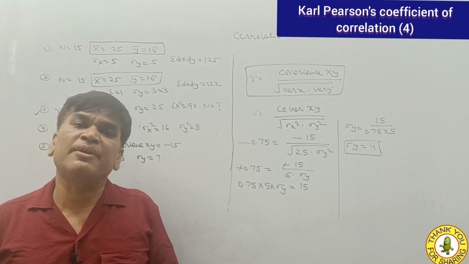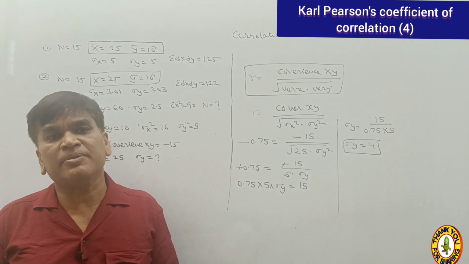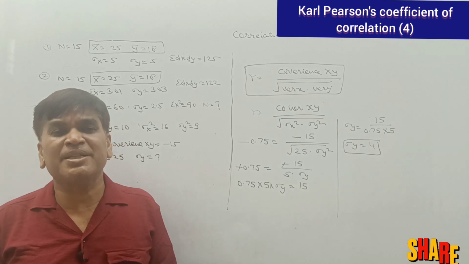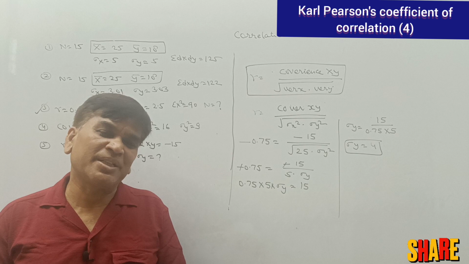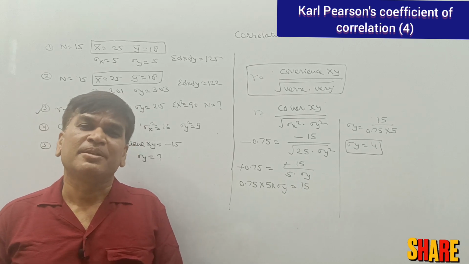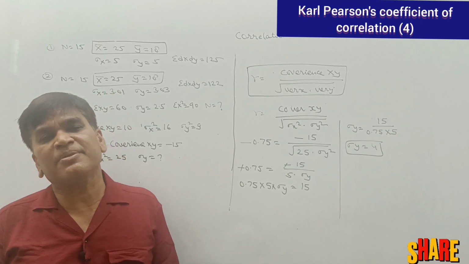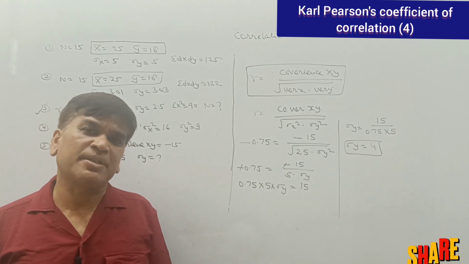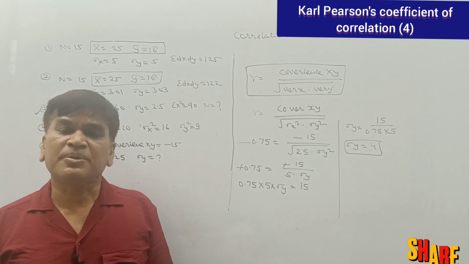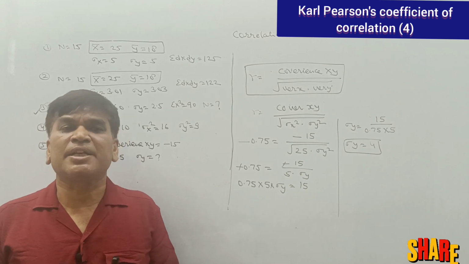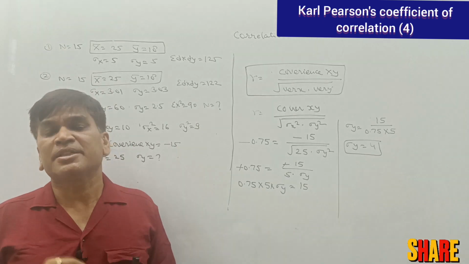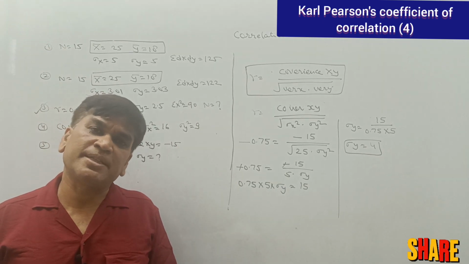In next video we will have some different type of questions related to the Karl-Pearson coefficient of correlation. Sometimes I say skewness because Karl-Pearson has two methods. One is Karl-Pearson coefficient of skewness and the second one is Karl-Pearson coefficient of correlation. So here we are talking about the Karl-Pearson coefficient of correlation only. I think this video will be helpful to you to solve small questions related to the Karl-Pearson coefficient of correlation. You can do it very easily; step by step, if you do it, you will get the result.